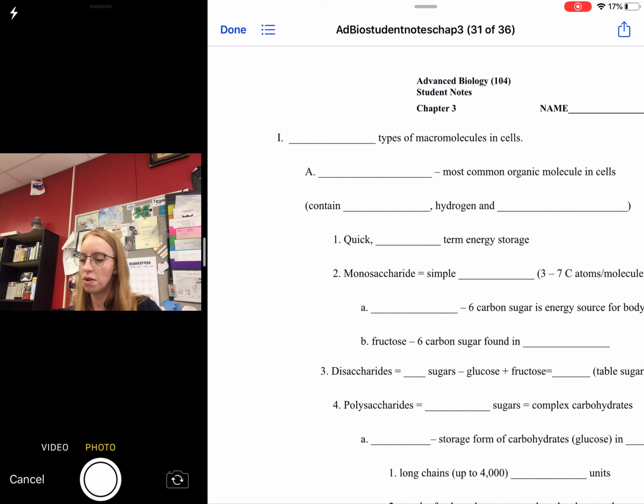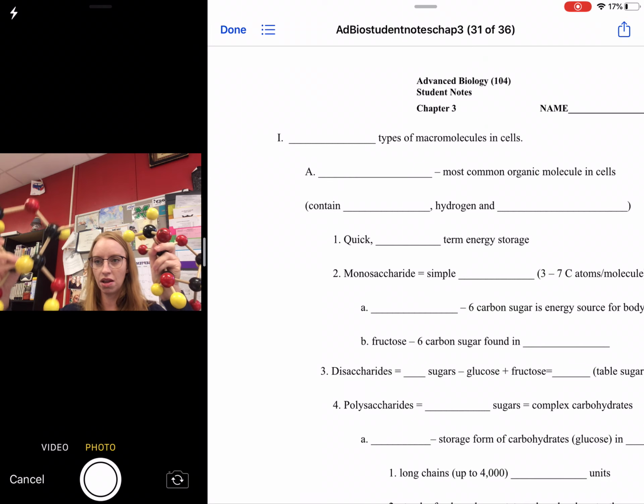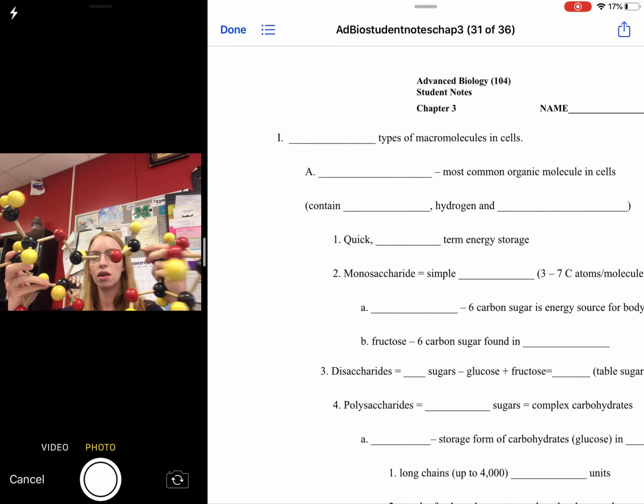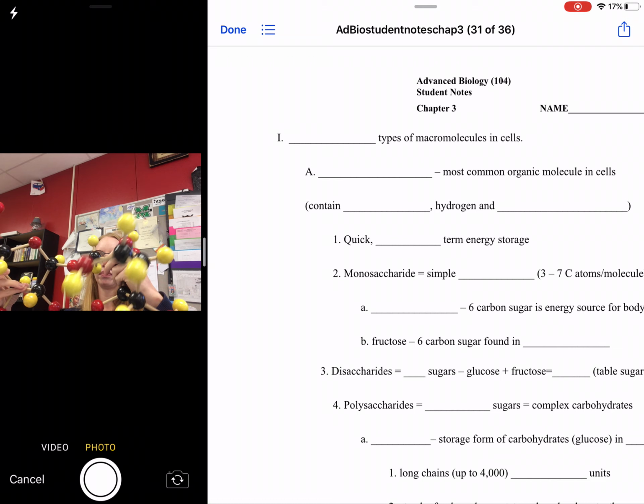So we have open electrons that need to bond. We have a hole right here in our oxygen that needs to share, and we have an extra spot here. So what they do is they link together, and so now